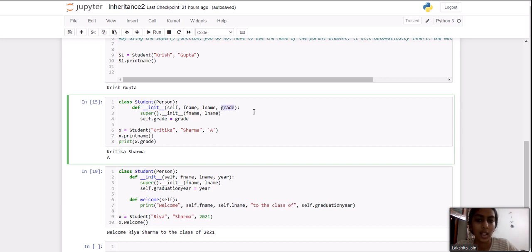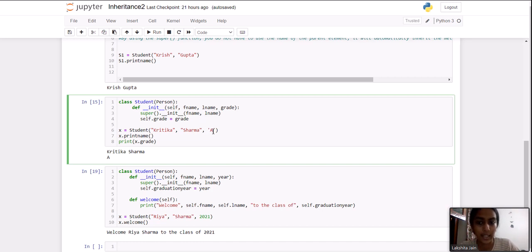Now we are also adding another parameter grade, and you know how to assign a value in an init function, self dot grade, which gives us the grade. So here I have created an object of this child class, Kritika Sharma, and now we have to pass another argument in this, which is grade.